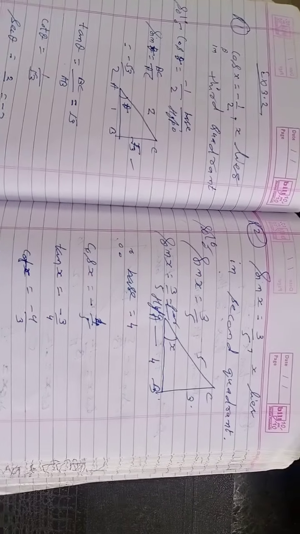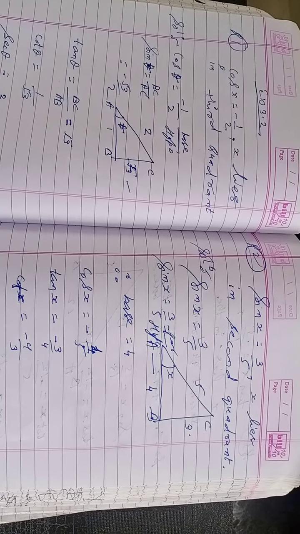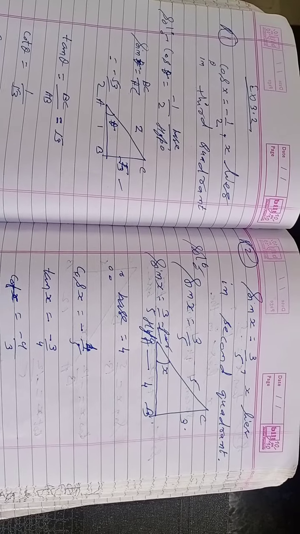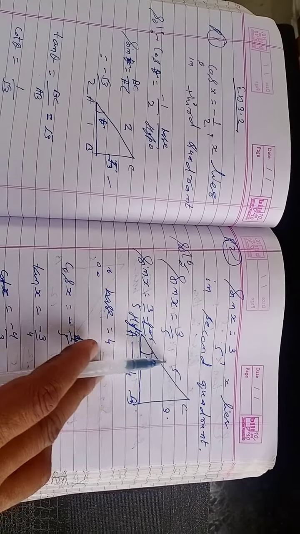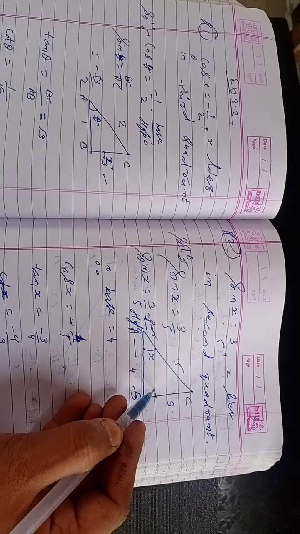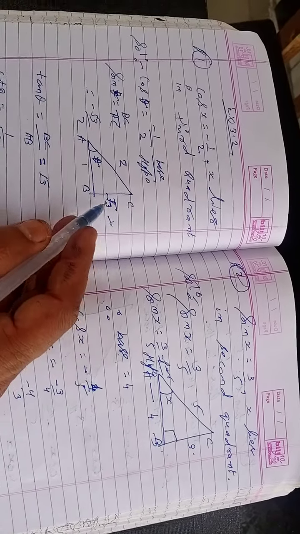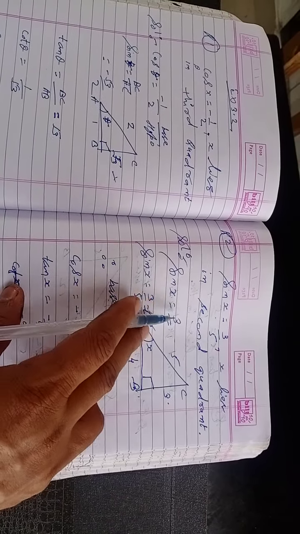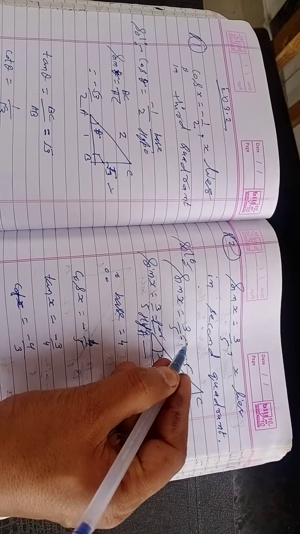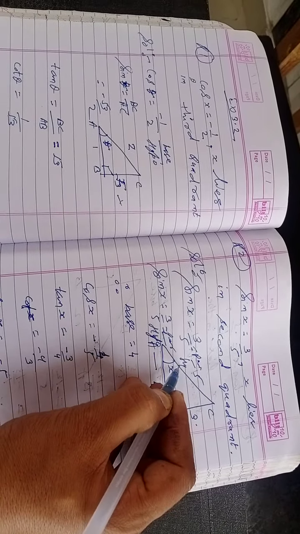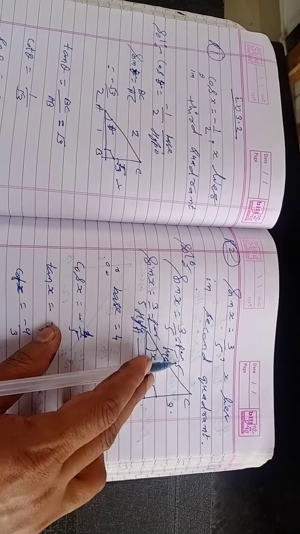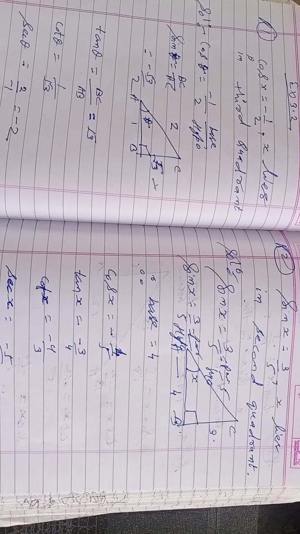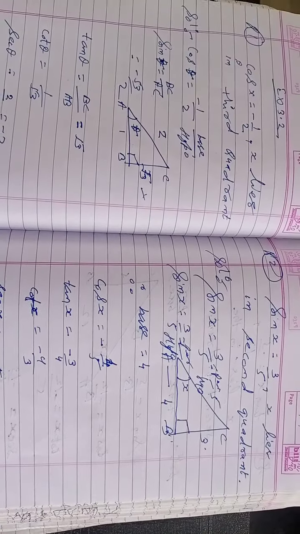Again we have another question of this type. In this we are given sin x is equal to 3 upon 5 and x lies in the second quadrant. So first of all, we will draw a right angle triangle, in which we are given 3 upon 5. Sine is perpendicular upon hypotenuse, so this is the perpendicular, this is the hypotenuse, and by the Pythagoras rule we will find its base. So it is coming 4.